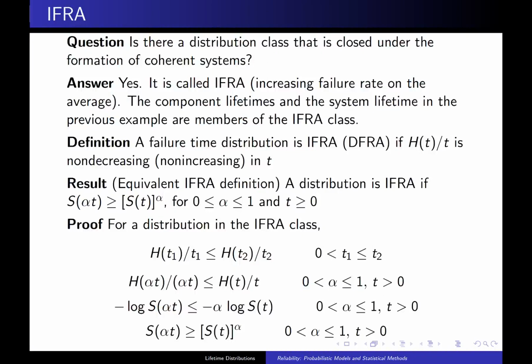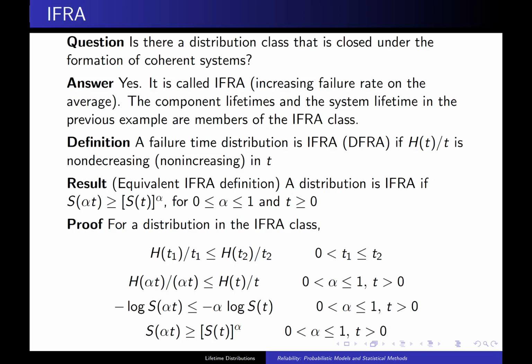Here is a question that arises in the formulation of a coherent system. Is there a distribution class that is closed under the formation of a coherent system? What is meant by closed in this case is that if each of the components falls in a particular distribution class, then for any system you can compose of components, will the lifetime of that system fall in the same